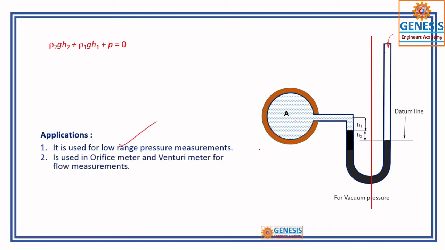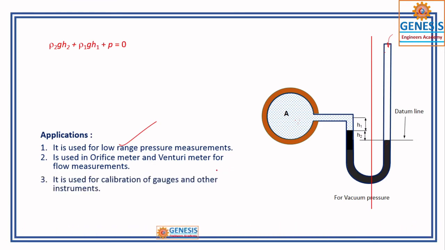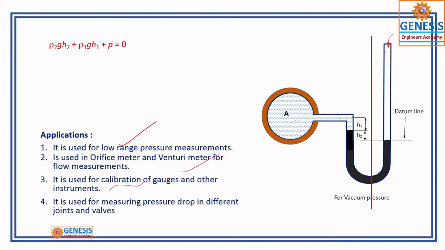And we use these in orifice meters, venturi meters also, and some other things. It is also used for the calibration of gauges. This is mainly for that. These things are applicable for all the tubes. Calibration of the gauges means you can take the reference of this one to judge whether the other devices are giving good results or not. That we call calibration.